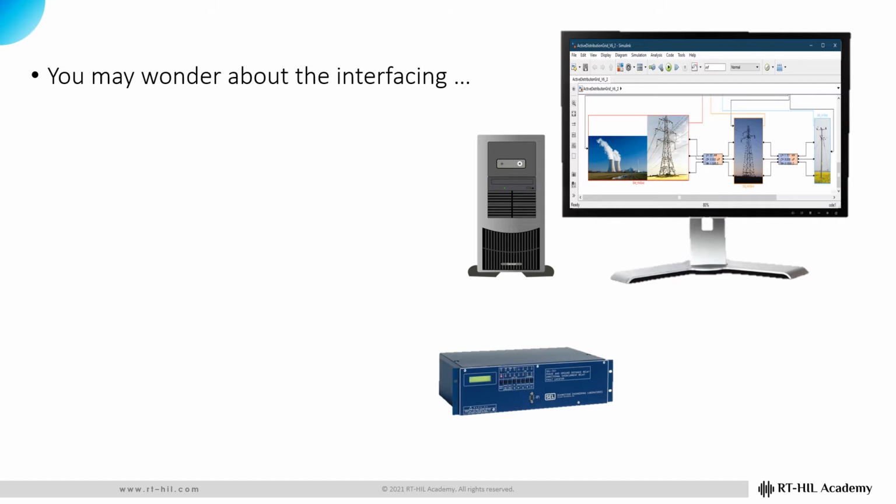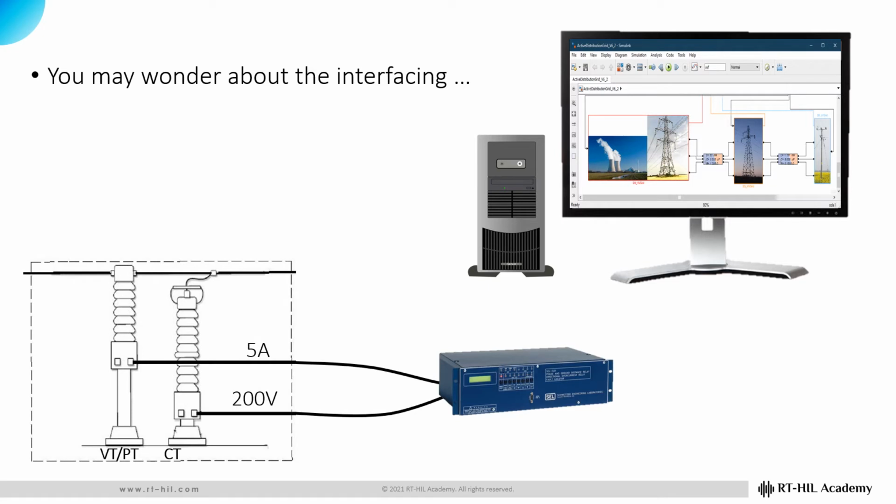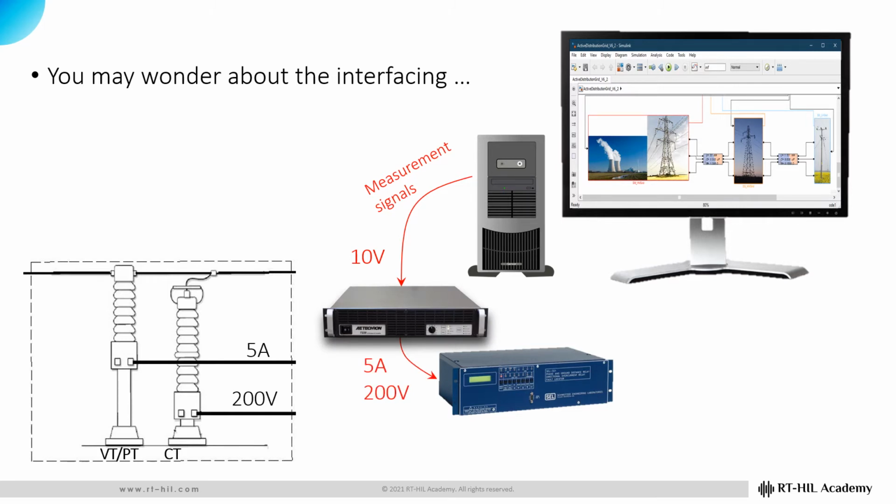Keep in mind that a commercial-grade device is designed to interface with other actual devices in the field. For instance, the device shown in this example expects to receive electric current measurements in the level of a few amperes and voltage measurements in the level of a few hundred volts from current and voltage transformers in the field. The problem is that the analog signals provided by the real-time simulator are limited within a few volts, so a current or a voltage amplifier is needed to scale them up to the level that they become meaningful to the actual device. The control signals that are sent back to the simulator may or may not need an interface, depending on their magnitude.